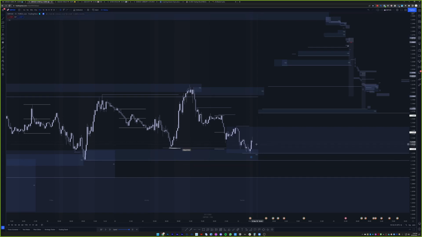There's a sweep of this low. Yeah, exactly. So we swept this low, and Miguel, I think you know the answer to this. Why is this low as liquidity important? If we look up here, right? Broke substructure. So yep, that validates that low as being liquidity for us. That makes this structural liquidity.